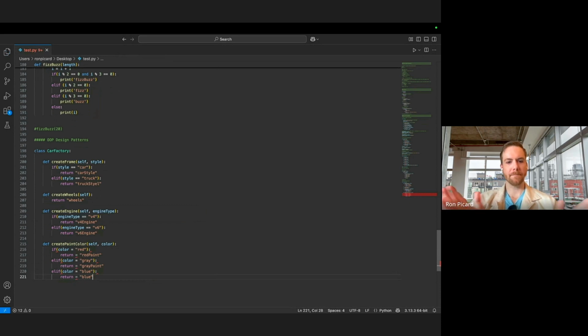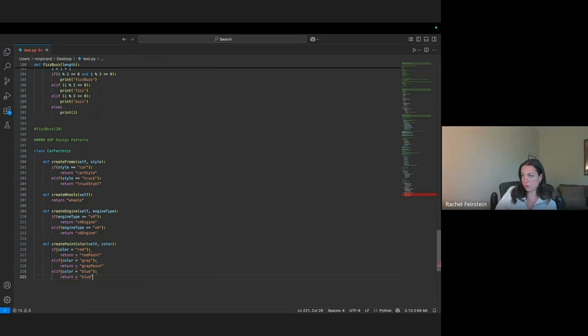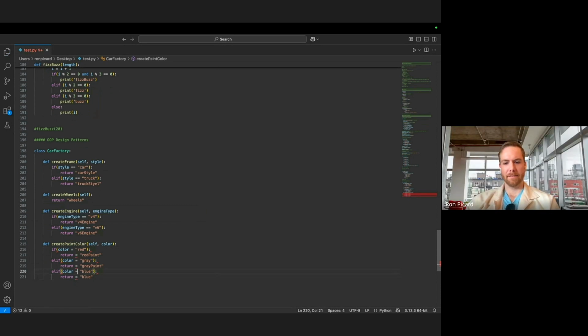Yeah. I think you need the doubles there as well. Yeah, good call. Easy to make mistakes like that. Thank goodness for IDEs that tell you. Color equals blue. I don't have any equals. Elif color equals blue. Return. What did I mess up there? It'll tell me. Do I hover over it? It says statement must be separated by. Oh, return equals. This is just return. This isn't a